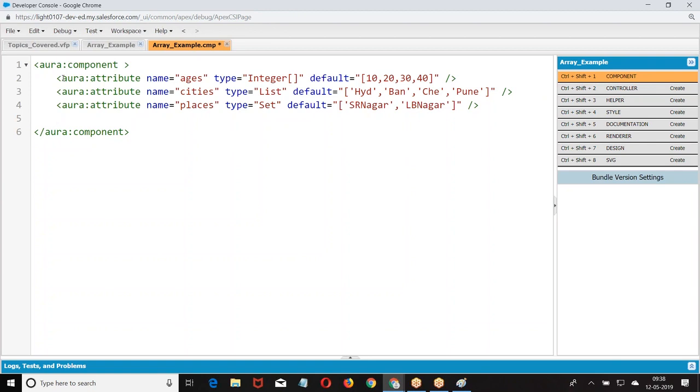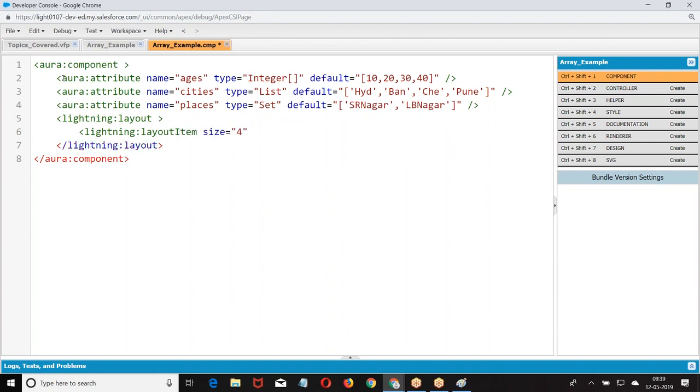Similarly, here if you want to display a list of elements, how will you display? For practice purposes, I'll also use lightning layout, lightning layout item, just to reuse the concept.